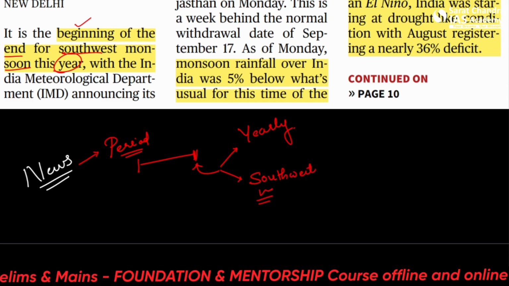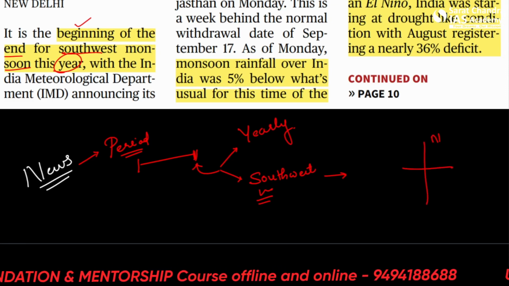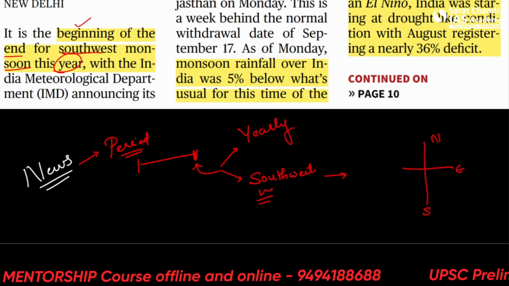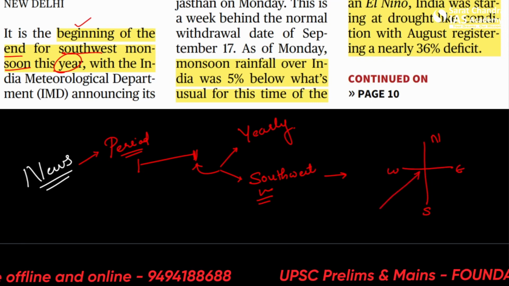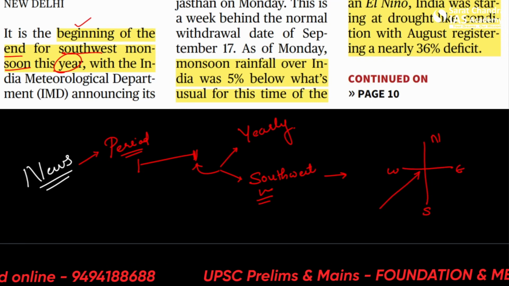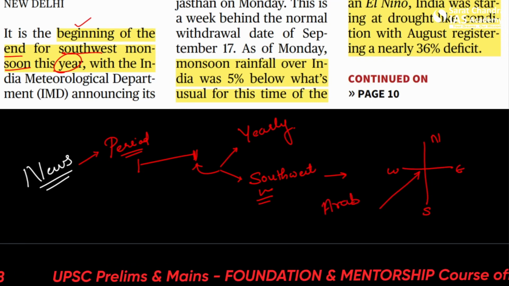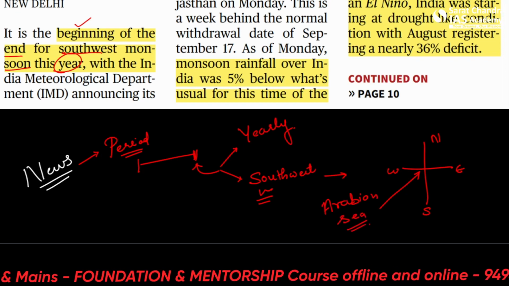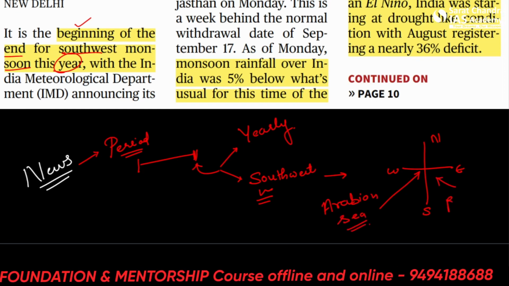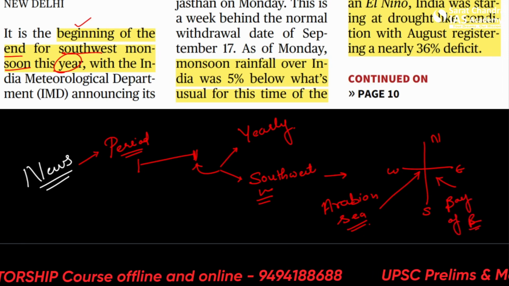So first of all, let's figure out the directions here. I hope you are all familiar that this is north, this is south, this is east, and this is west. And we are talking about the southwest monsoon. So the one coming from this side. So which water body is this side? It's the Arabian Sea. Alright, and here it's the Bay of Bengal. So we're talking about this system